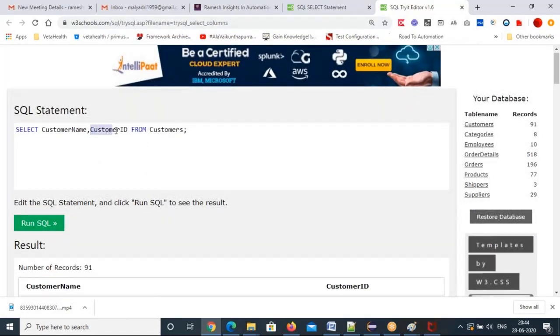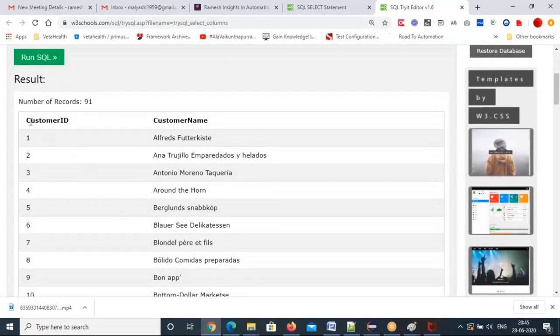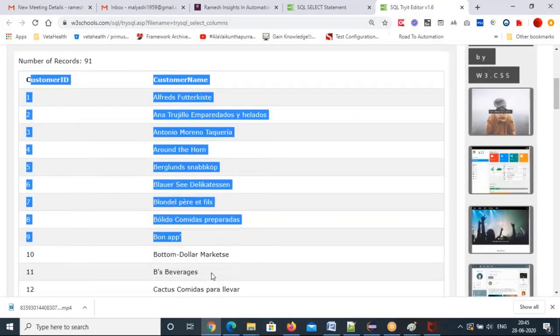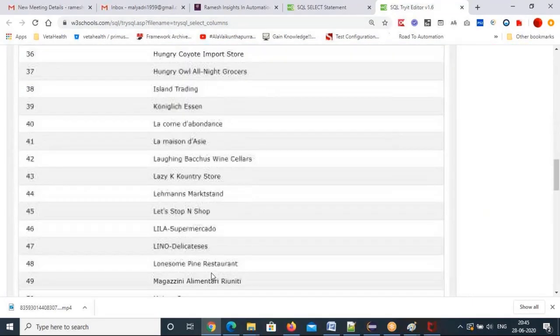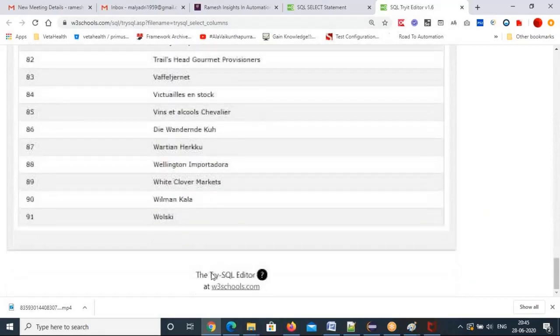Or if you want customer ID first, you give the customer ID column first, then comma, customer name from customers table. Then you are getting the data. See that? However you want, you can get the data. 91 records are showing here.